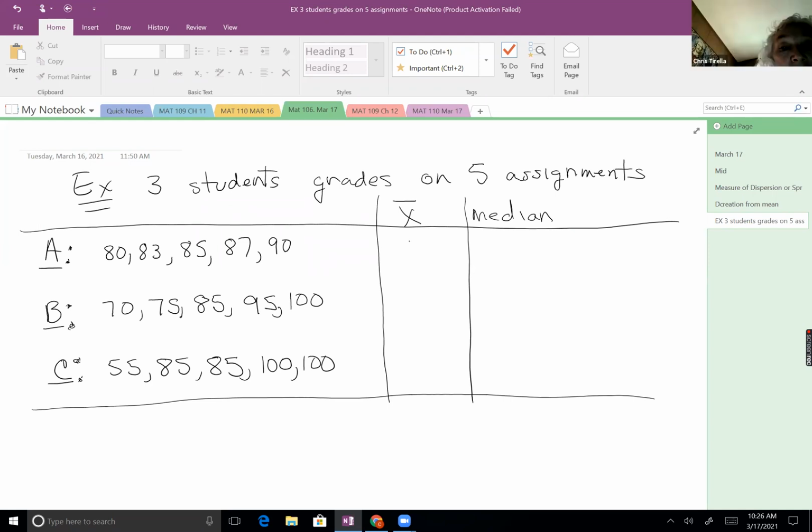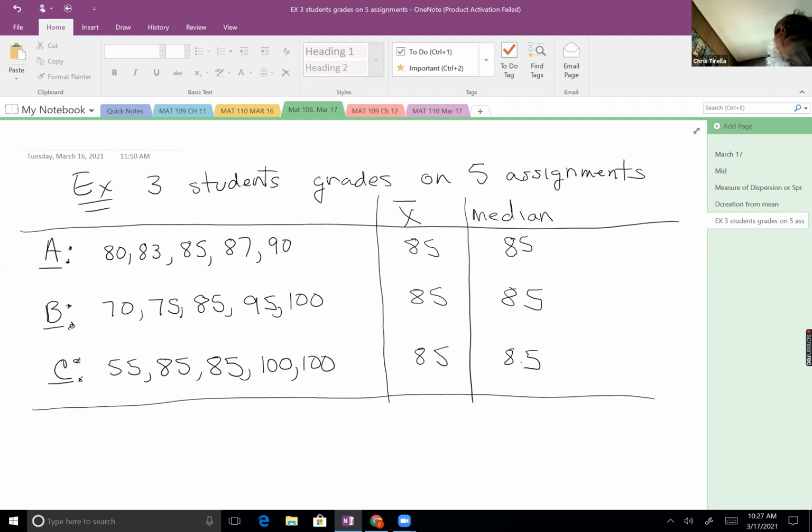What's the median for A? Well, 80. I got 85. And how about the mean? I got 85 as well. How about student B? For both of those, I also got 85. And how about student C? 85. 85. And so if I were just looking at the average,